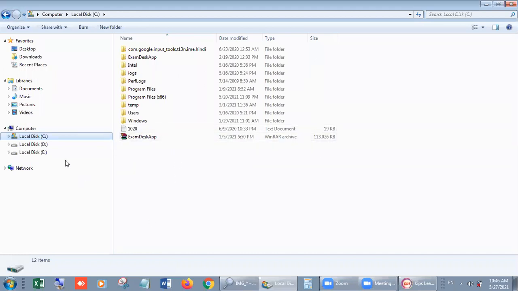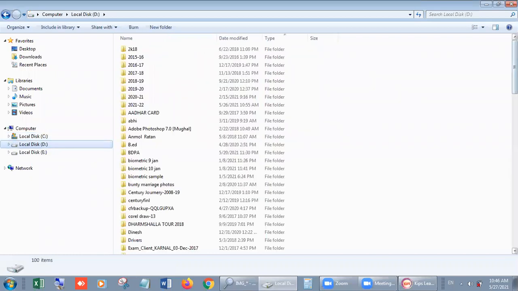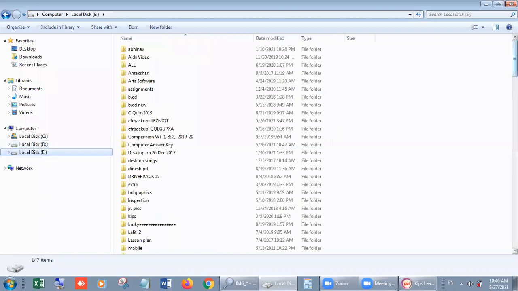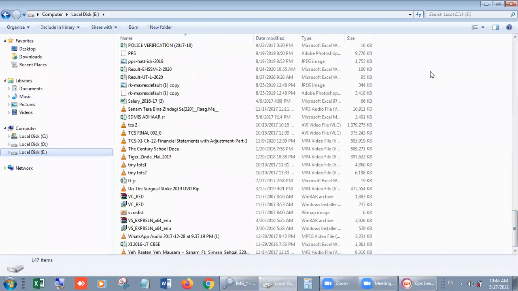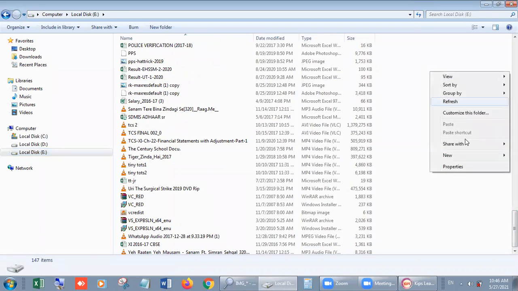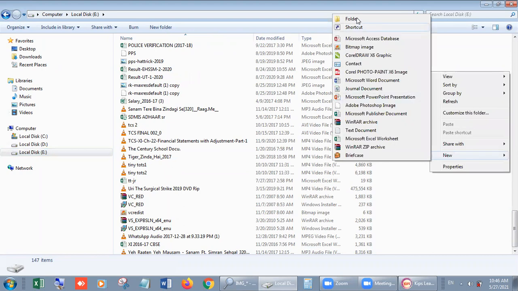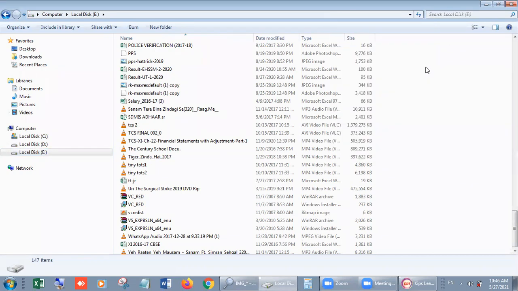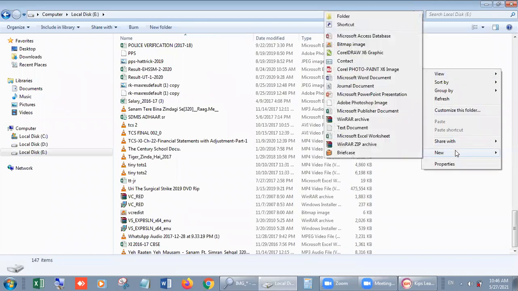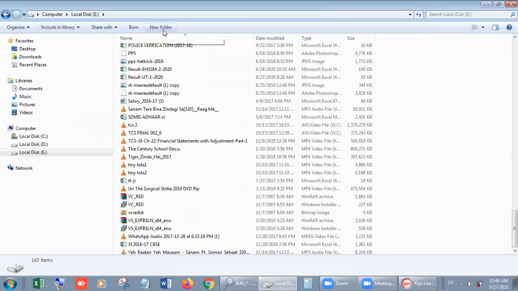Now I'm going to create a folder in D drive or E drive. Let's create it in E drive. Right click in any blank area and choose New, and then choose Folder. I'm repeating, right click on a blank area, go to the New option, then go to the Folder option. In this way you can create a folder. Another way is very easy. You can see